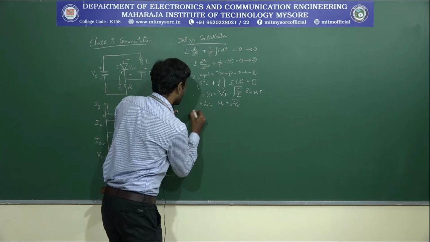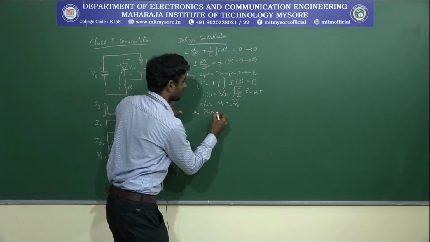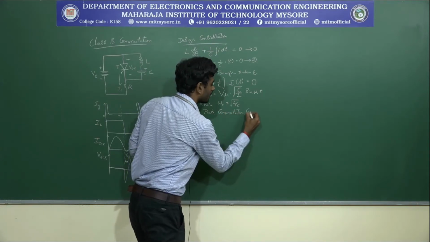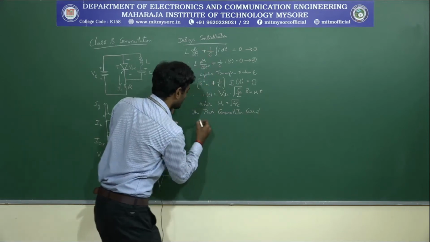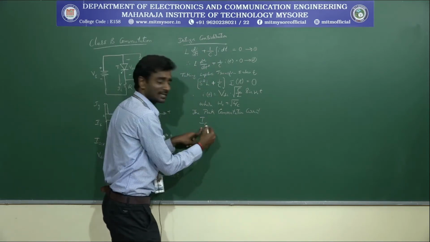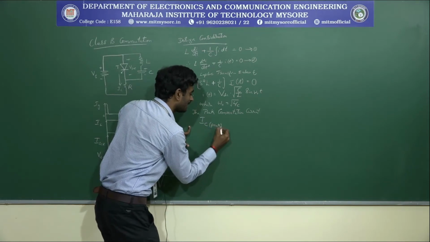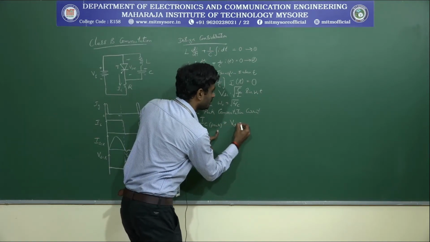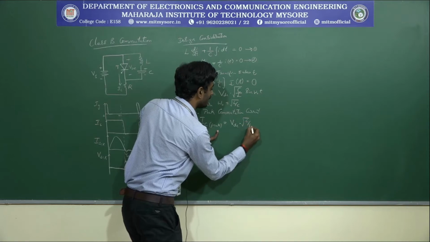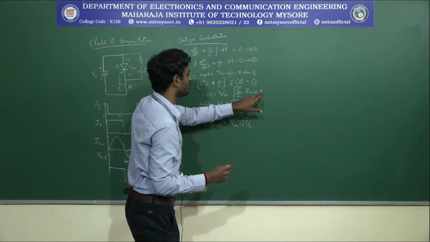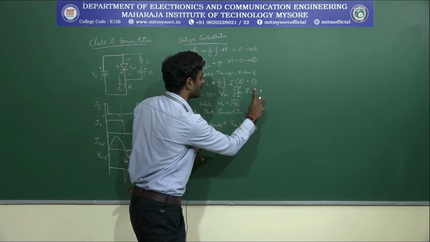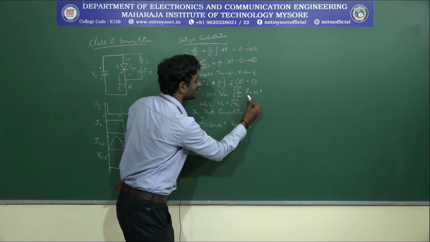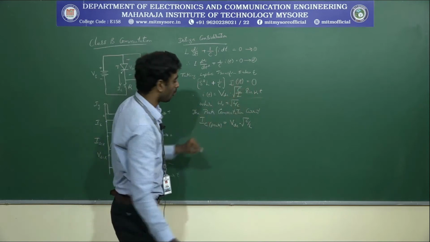The peak commutation current can be written as IC peak. The IC is nothing but the commutation current. With respect to the peak value, I can write IC peak will be equal to VDC into root of C by L. In this case, when it is a peak, the sine term will become 1. So based on this, I can write VDC into root of C by L, as this value becomes 1 at this point.